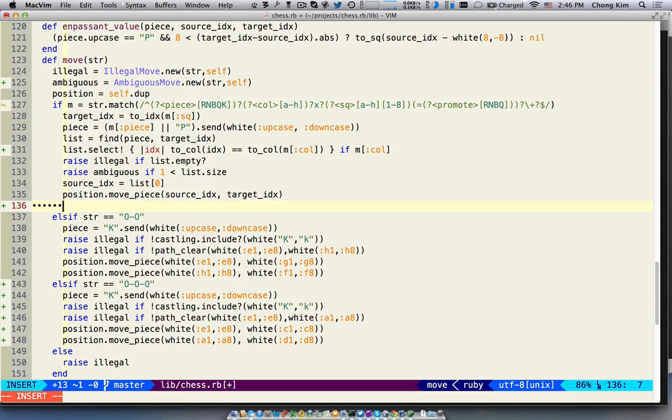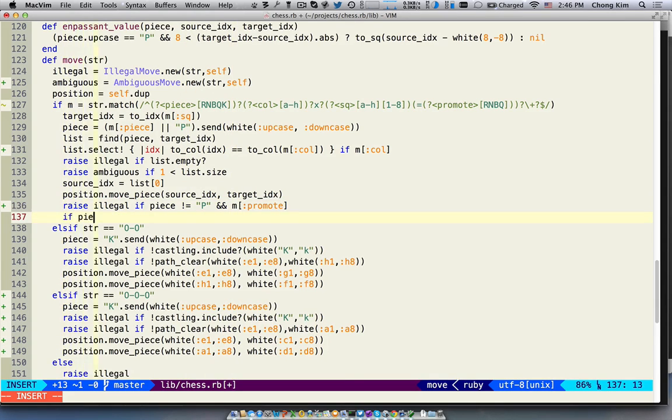So if there is a promote and it's not a pawn move, then that should be illegal. So raise illegal if the piece is a pawn and the promote actually exists. So if the promote piece exists, oh, and it's not a pawn. That's what I want to say. If it's not a pawn and you're trying to promote, then throw in illegal. So if it is a pawn, if the piece is a pawn,